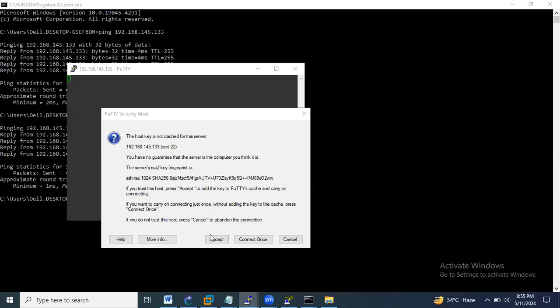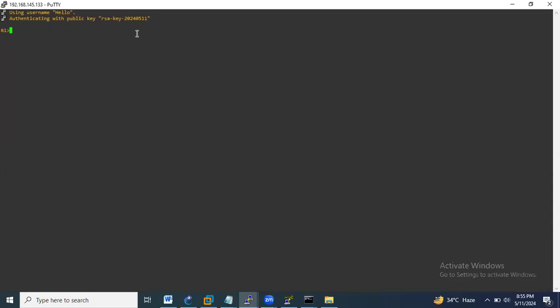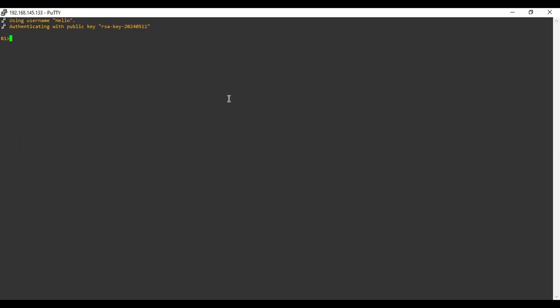So now, as you can see, as soon as you connect, you enter the new prompt. Enter the enable password admin that I configured.